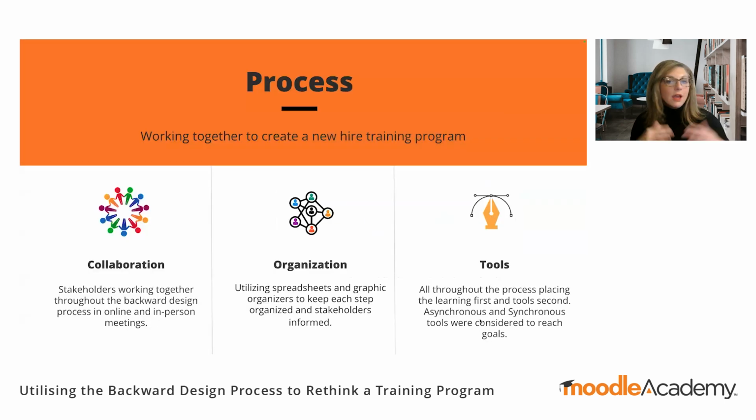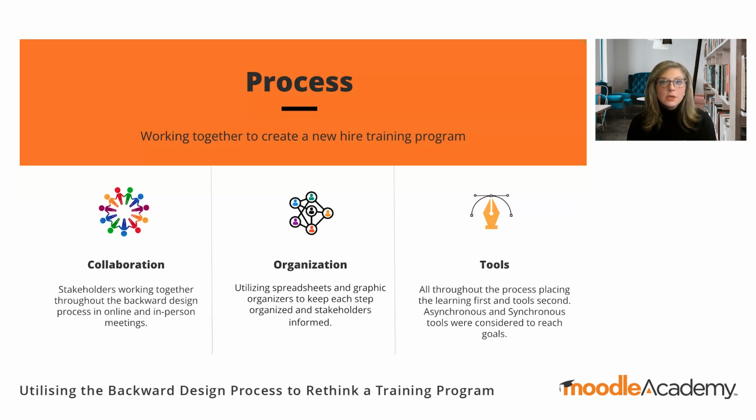Okay. Now that we've looked at the whole backwards design process, one of the things that we want to look at next is the process itself that I used with the government agency. I broke it down into 3 sections. The biggest components for me for success of the backwards design model and the process that we used was collaboration, bringing everybody together, making sure that we're working through this. And that backwards design process